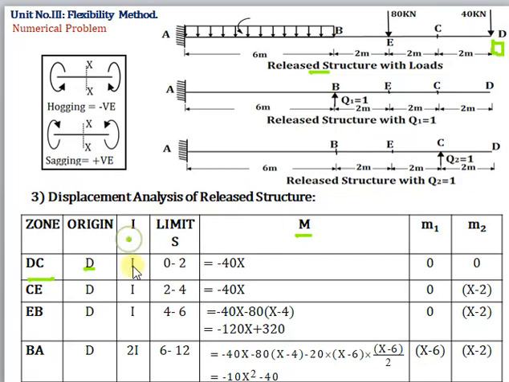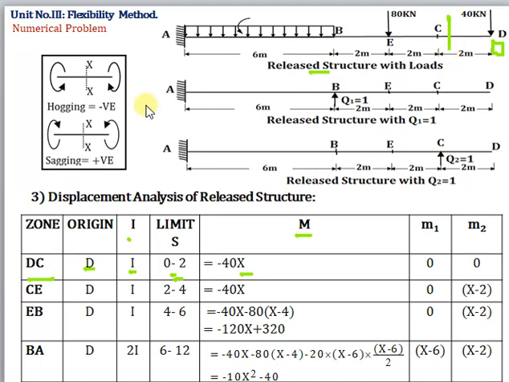Moment of inertia is I for span DC. Now the limits. The starting point is D, which is the origin O, and the last point of DC is C. So C is 2 meters away from the origin. So 0 to 2. Now take M. Again, M means what? Moment of that. That means you have to take a section on CD and take moment about